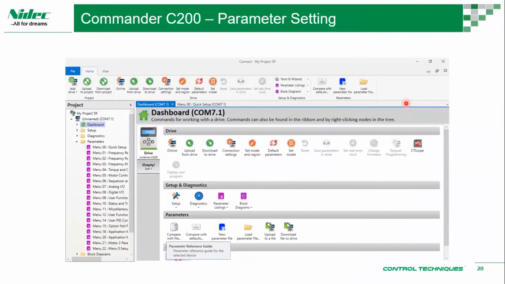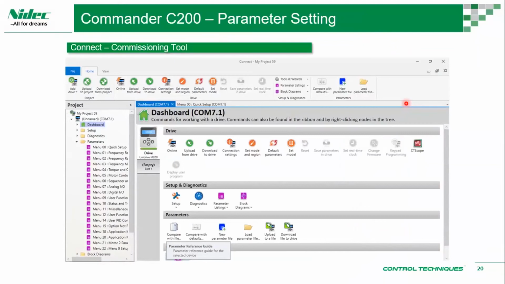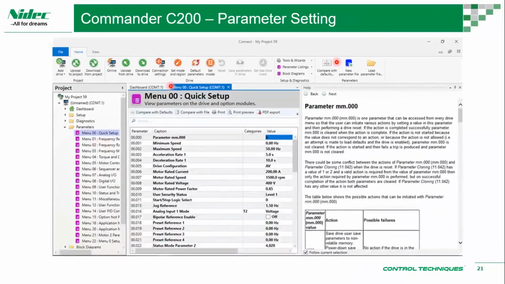So this is the software that we use. Positioning tool. Connect. Dashboard display. We need to access the parameter. This is the display for the parameter. You already know, so don't worry if you have any confusion about a parameter, you just activate the view and the help. So this will explain all you need here.